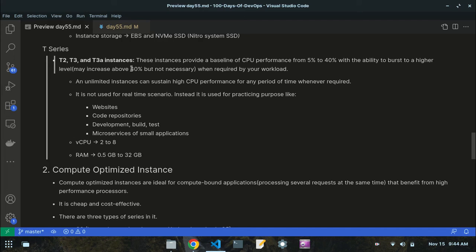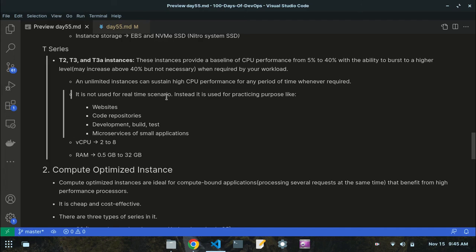It means usage may increase above 40%, but it is not necessary, because it is mostly used for testing purposes. Burst happens when required by your workload, and unlimited mode can sustain high CPU performance for any period of time whenever required.